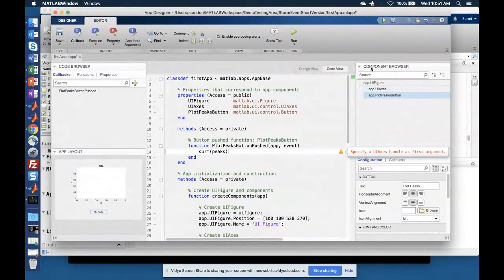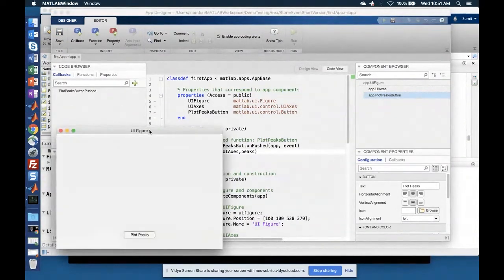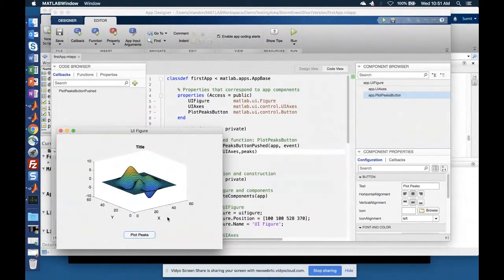If you look at the component browser, you'll see we have a UI axes component, which is called app.UIAxes. So I put that in as the first input to the surf command, save it and run it. Now if I click on the Plot Peaks button, I see the plot.